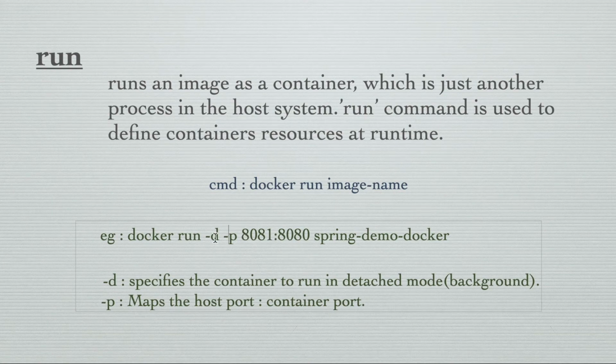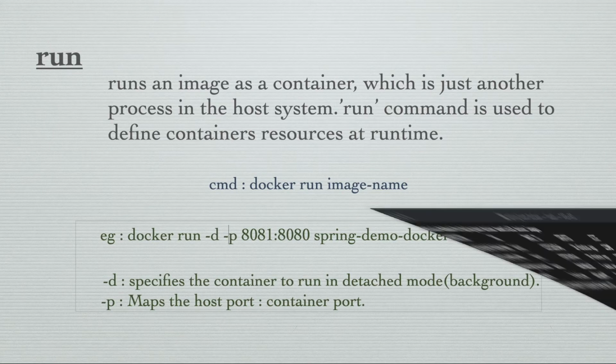Whenever we run this container without -d, it will dump all the container logs in the same terminal. If you want to keep the terminal clean, we can run the container as a background process, and we can go into that container and check the logs later. So let's go and see.